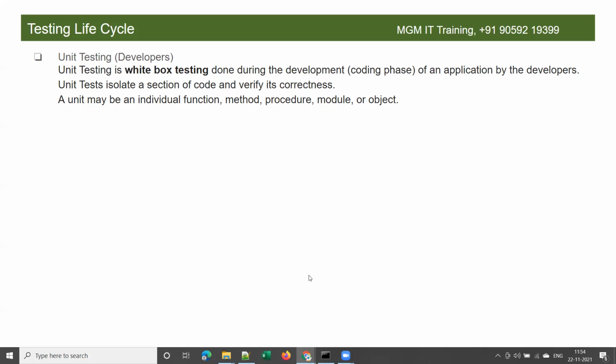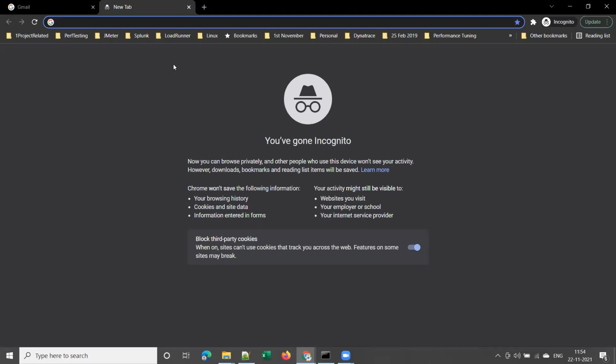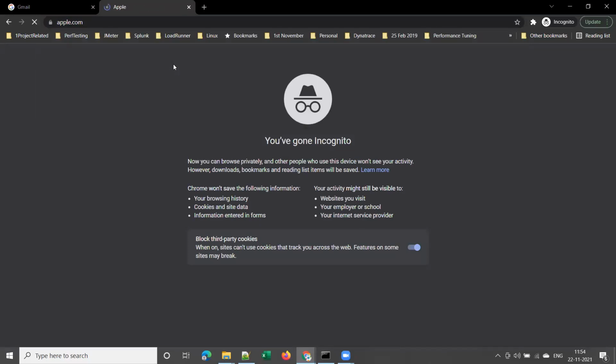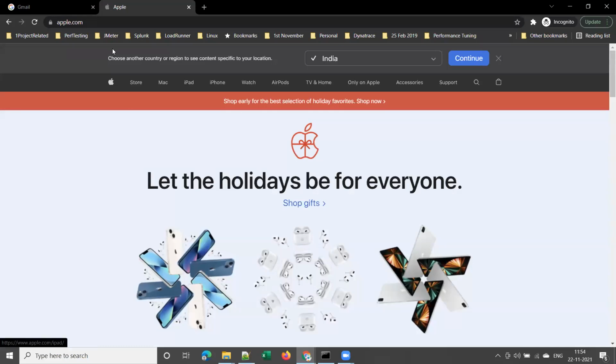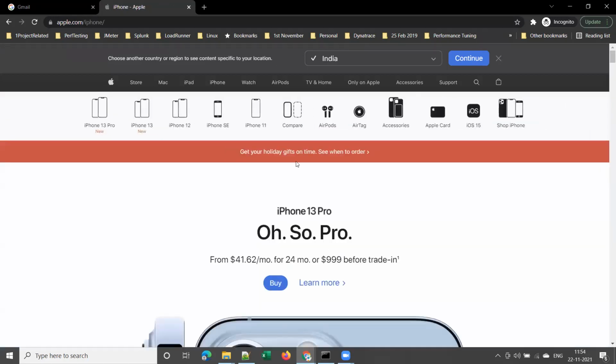Module means part of the project is called a module. Part of a project is called a module. For instance, if you take IRCTC, or let me take apple.com, if a team of developers are working on this project, one team may be working on this page, developing the iPhone page.